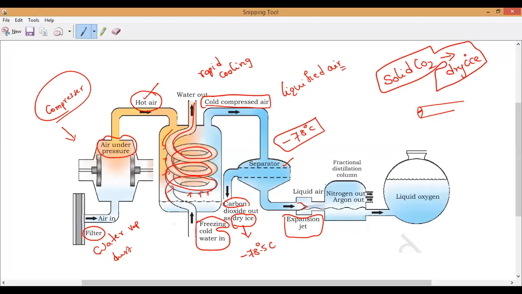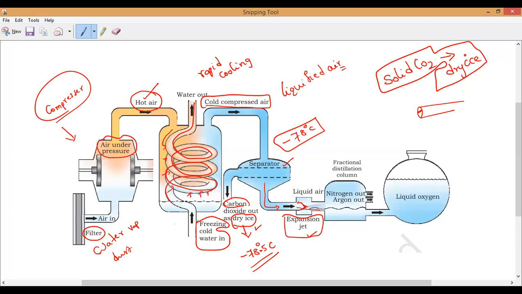Once the carbon dioxide is removed as dry ice at minus 78.5 degrees Celsius, the remaining components will pass through this pipe, where they have made an expansion jet to increase the force of flow of these liquid gases. So the pressure will increase much more. You can see here they are using an expansion jet where it will be compressed